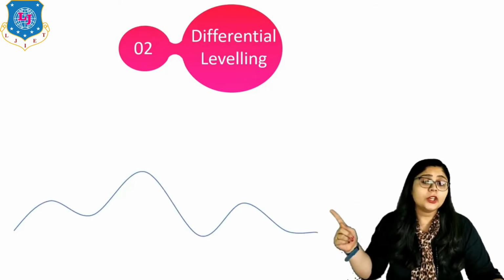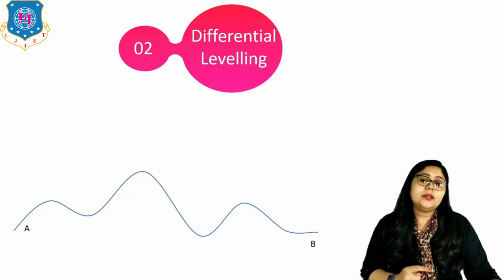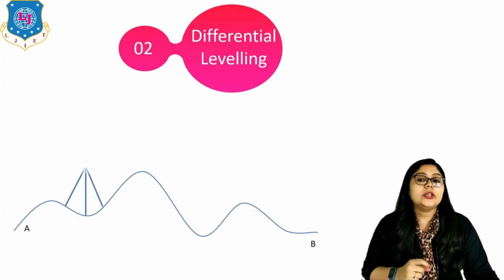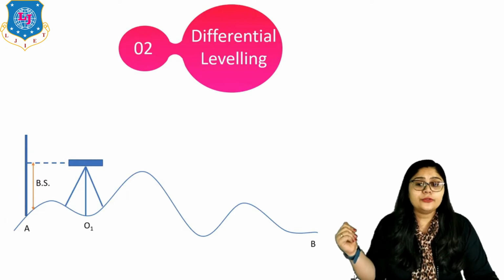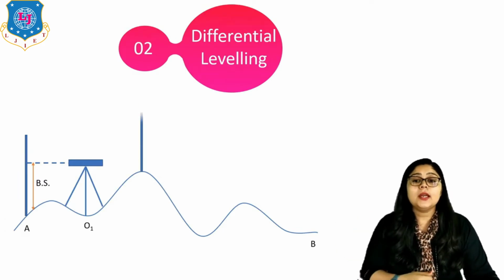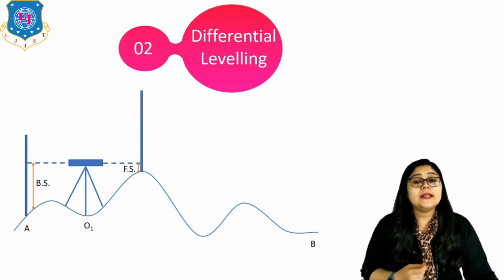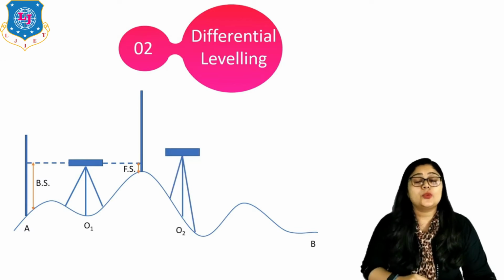So here you can see the ground conditions are like this, right? And my stations A and B are in such a way that it is very difficult to see both through one setup. So here I am setting up my instrument first and I am taking reading of A. It means my first reading, which is known as the BS. Then if I take the next reading, that is known as the foresight. But as I told you, foresight is the last reading for your setup, right? It means now you have to change your instrument.